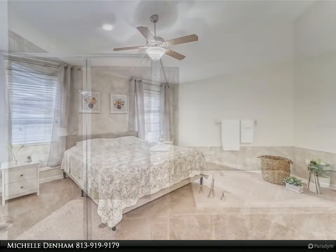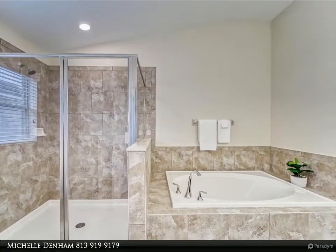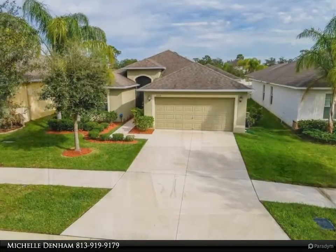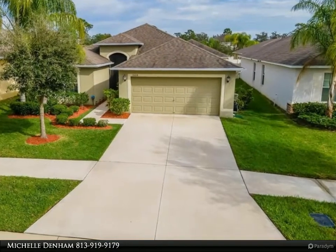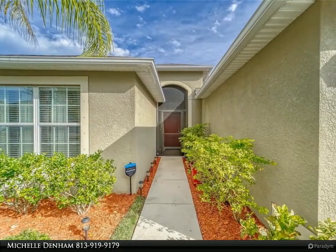The open floor plan allows a nice flow between the rooms. The kitchen features the all-wood cabinets, stainless steel appliance, extendable pull-out cabinet doors, upgraded kitchen faucet, breakfast nook area and kitchen counter seating. The newly added screened-in back lanai makes enjoying your morning cup of coffee or evening meals a